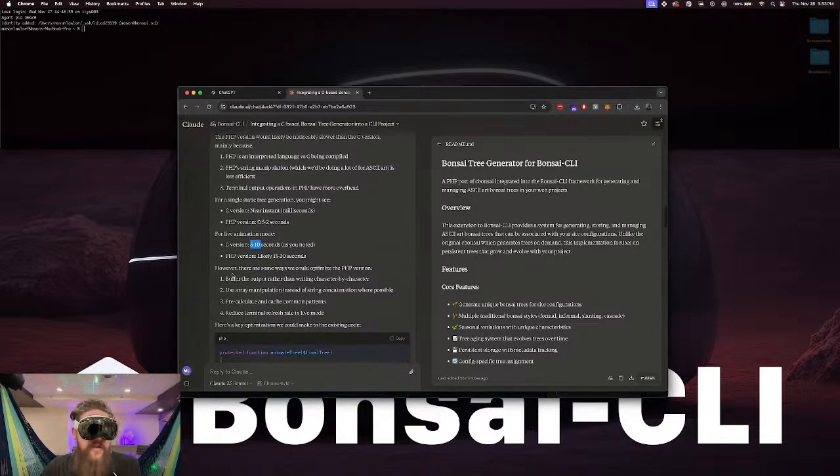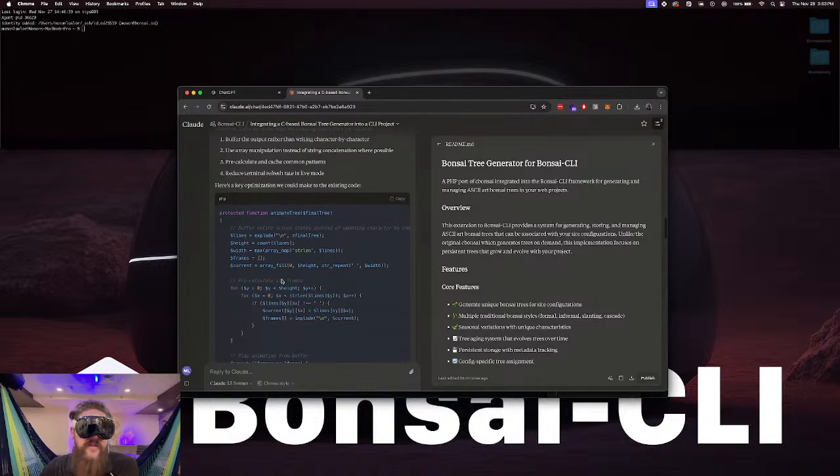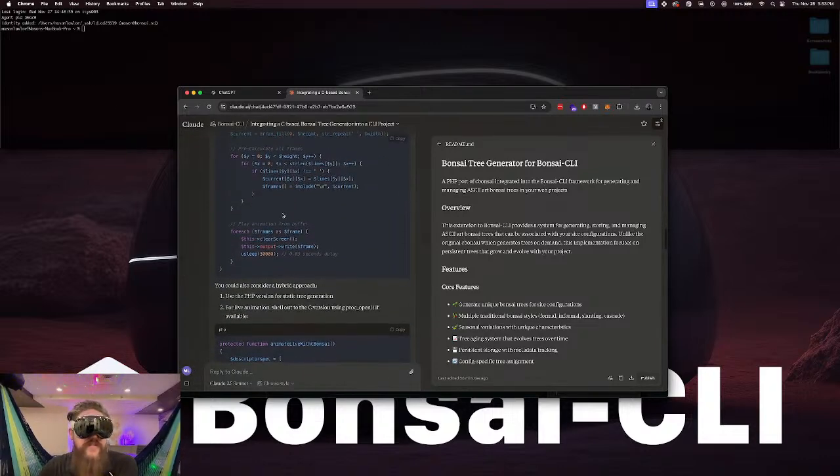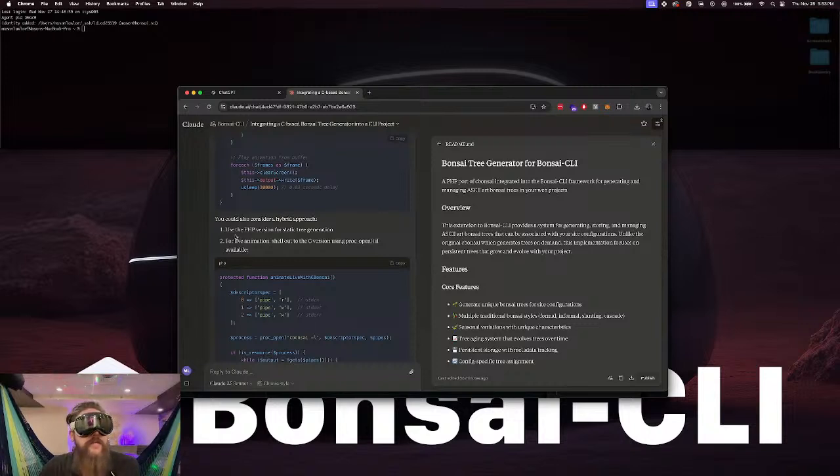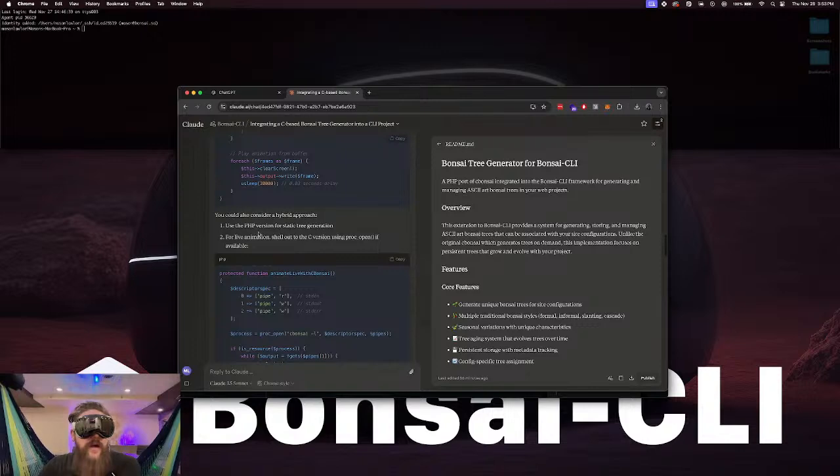I haven't timed it, but it says the PHP version would likely take 15 to 30 seconds. I think that's a bit too long. I don't want to sit there in command line and wait 30 seconds for a piece of art to generate. That would be stupid, especially if you couldn't use it until it was done. So I proposed,